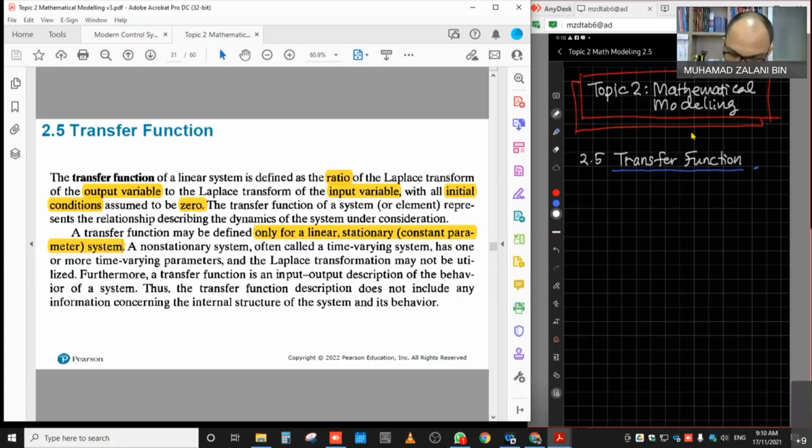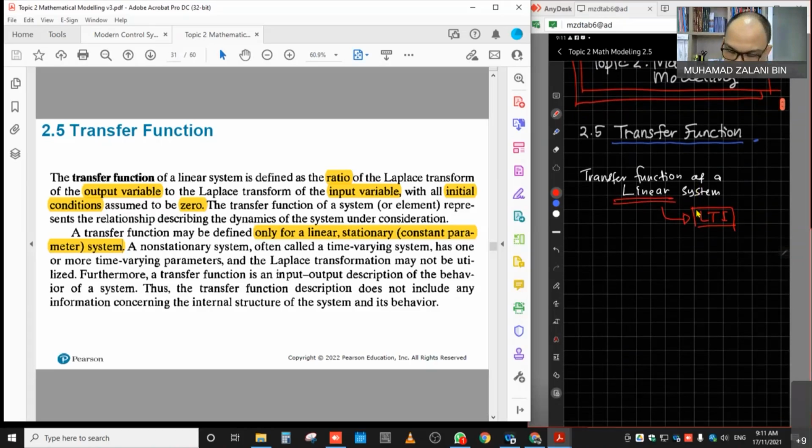So let me just write a bit. Transfer function of a linear system. Now we are talking about linear systems only, which is the linear time invariant system, LTI system. So the transfer function we are talking about is valid only for the linear time invariant system. When we talk about LTI, the system should be linear,